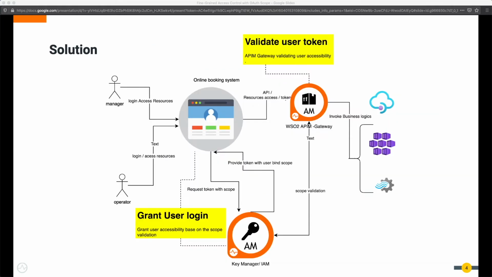As shown here, I'll be demonstrating a pickup management system, assuming the organization has two different user groups, namely operator and manager, trying to access a passenger booking engine. Based on user privileges, the identity access layer provides accessibility to the user, and also attaches privileges to the user, bound with the token with access scopes, which allow the operations a user can perform. This is a very high level view. Let's go to the demo and see how this can be set up.